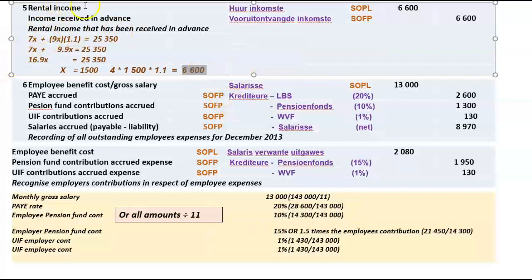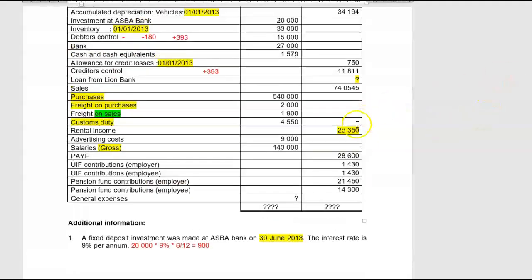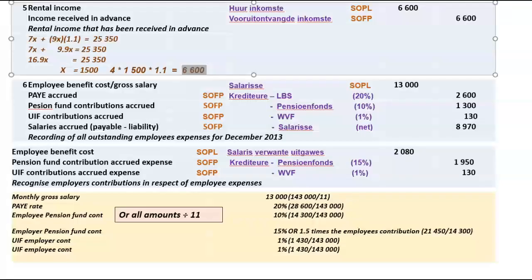So rental income. In our income statement, we've seen that we have an income account. I've shown it to you. We have an income account on our trial balance of 25,350 Rand. So we have to take out of that account the amount that represents next year's income. So obviously, if we want to reduce this account, we have to debit this account. Otherwise, it's going to increase the balance. So we have to debit this account if we want to decrease the balance. So we're going to debit the rental income account with 6,600 Rand, and we're going to create income